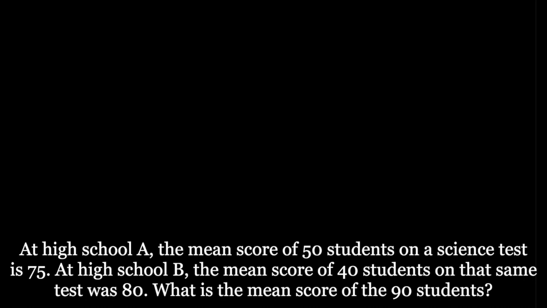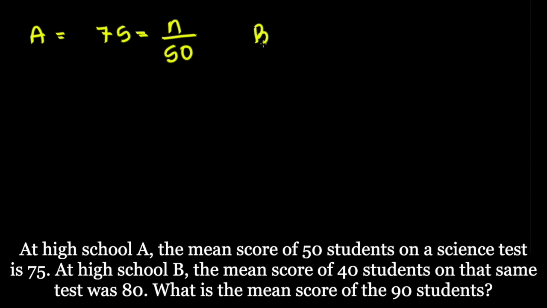So we know that at high school A, the mean score, which is 75, equals n scores divided by the 50 students. N represents all of the scores that those 50 students got added together. This, remember, equals high school A. At high school B, we know that the mean score of 80 equals m